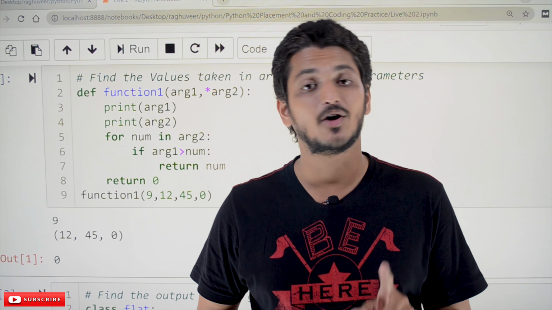So this is our first question. Find the values taken in arg1 and arg2. What are the values that are taken in arg1 and arg2? That is what they are trying to ask. So don't check the output, try to solve it on your own. So this is our first question, and the second question,